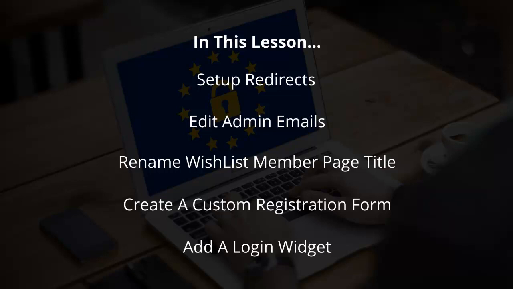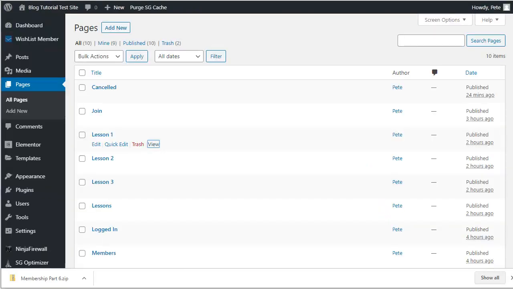And then we're going to create a custom registration form, again instead of using the stock form. And then the last thing we're going to do is add a login widget, so we'll add it to the sidebar where people log in. So let's go back into the WordPress admin area, and the first thing we're going to do is look at